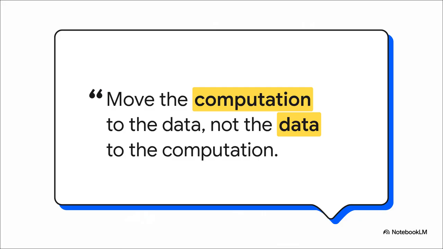And this entire divide and conquer approach is built on one simple, beautiful idea. Move the code to the data, not the data to the code. Just think about it for a second. Trying to move a petabyte of data across a network is like trying to ship every book in a library across the country. It would be ridiculously slow and expensive. But moving a little piece of code, that's like emailing your librarian a simple set of instructions. It's tiny and instantaneous. So instead of bringing the mountain to Mohammed, you bring Mohammed to the mountain. That is the secret sauce for high-performance computing at a massive scale.